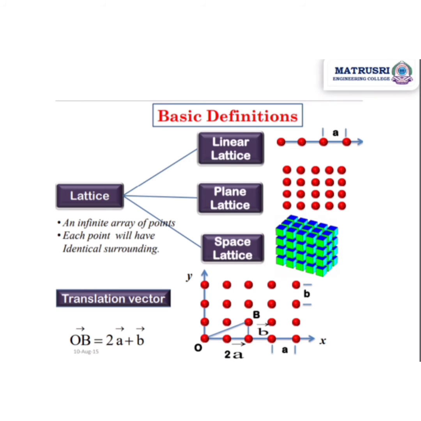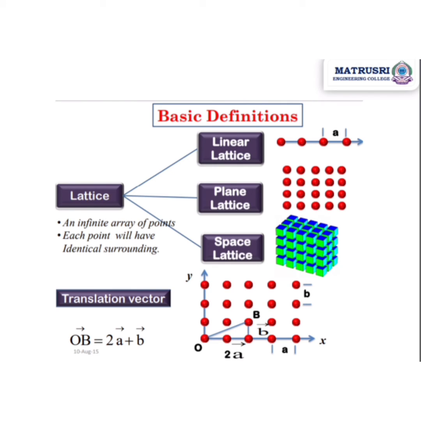Now the second parameter is the translation vector. In the second image, let us consider the case of a 2-dimensional square array of points as shown here. By repeated translation of the two vectors a and b on the plane of the paper, we can generate the square array. The magnitudes of a and b are equal and can be taken to be unity, and the angle between them is 90 degrees. Here a and b are called fundamental translation vectors that generate the square array. Let us choose any arbitrary point O as origin, as I have shown in the diagram.